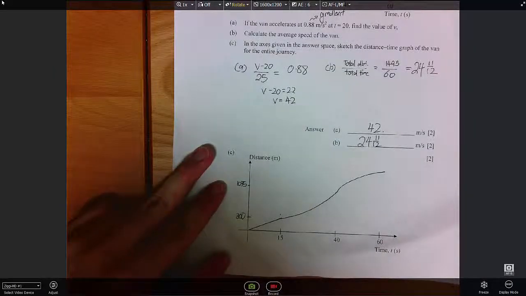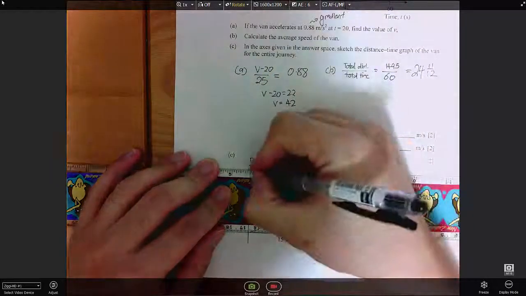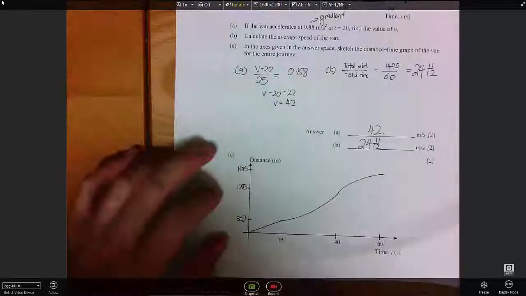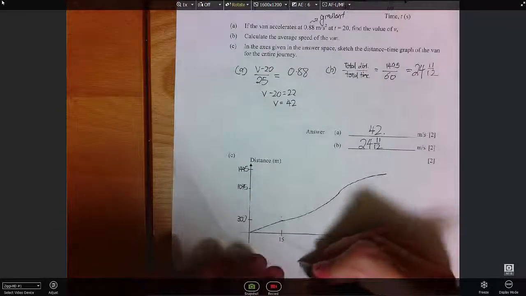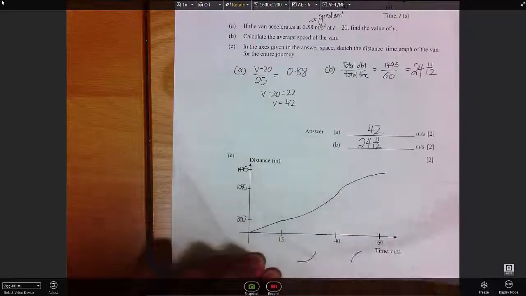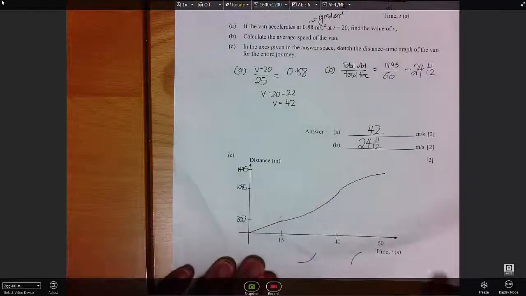Don't forget to label the final distance that they will reach, which will be 1495 meters. So you have to know that this part here is a straight line, constant gradient. This portion here is increasing gradient, and this portion here is decreasing gradient. Many of you forgot to label these distances by the side. Alright,